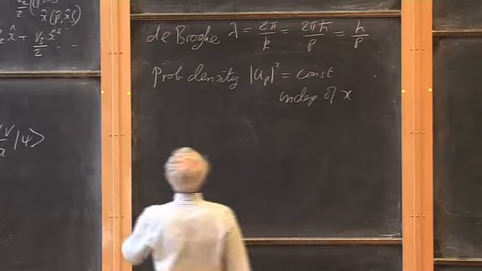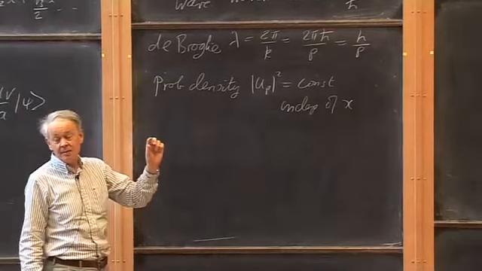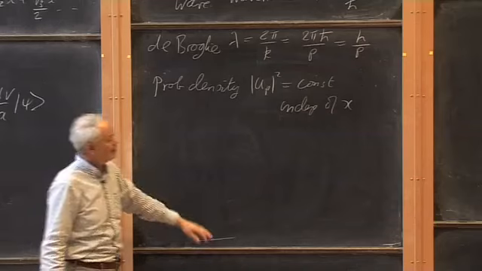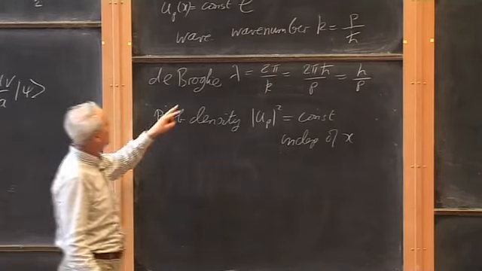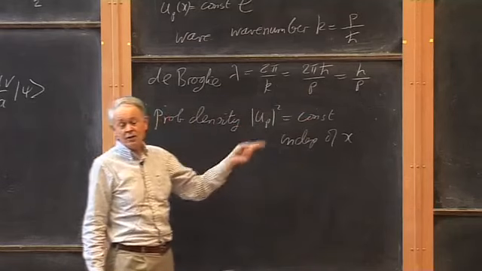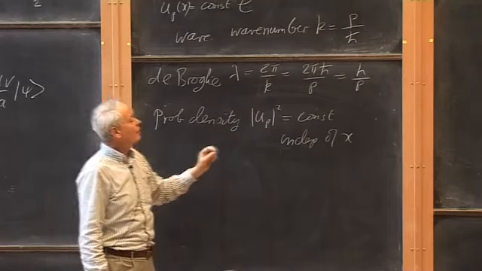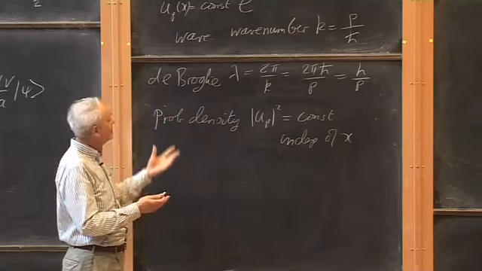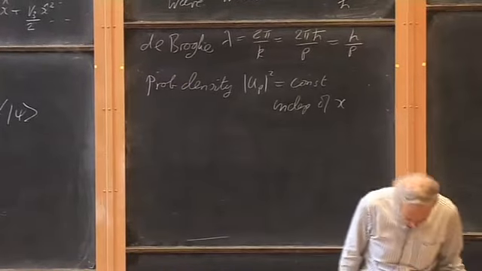And as regards numbers, we'll look at some numbers later on, but the general idea is that the size of an atom is determined by the de Broglie wavelength of the electrons that make up atoms. So if you have a hydrogen atom in its ground state, its characteristic size is given by the de Broglie wavelength of the electron that's in there, and the electron is in orbit around the proton with a certain momentum. So this de Broglie wavelength is setting the size of atoms. I think that's a point worth making. But we'll look at some numbers later on.